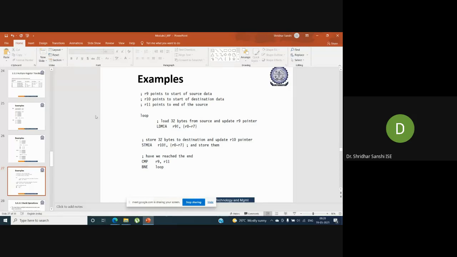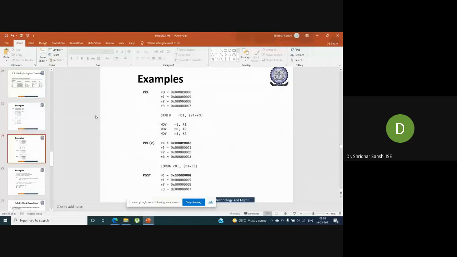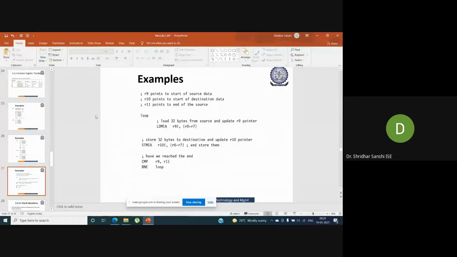Why are multiple registers used? If you want to transfer a bulk of data to the memory, or if you want to copy a bulk of data from the memory, we can use load and store with multiple registers. This is one example for that. We are loading the multiple register contents into registers R0 to R7.